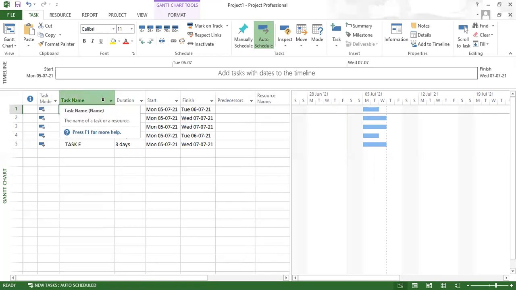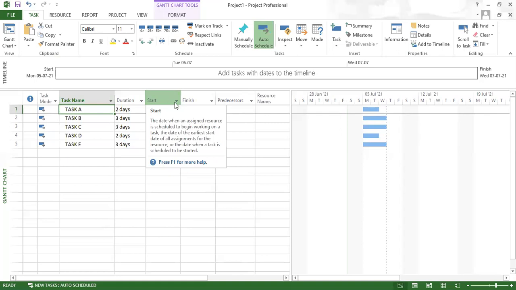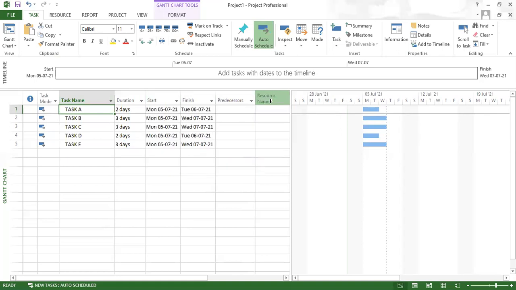The third column is task name, then duration, start, finish, predecessors, resource name. To apply a relationship we require predecessors or successors, but here directly it is given as predecessors. Predecessor is nothing but the previous of the selected task. If we select any task, its previous is the predecessor and the next task is the successor.